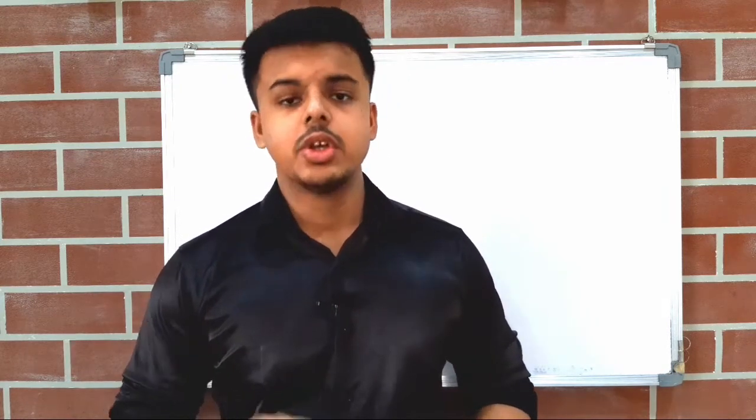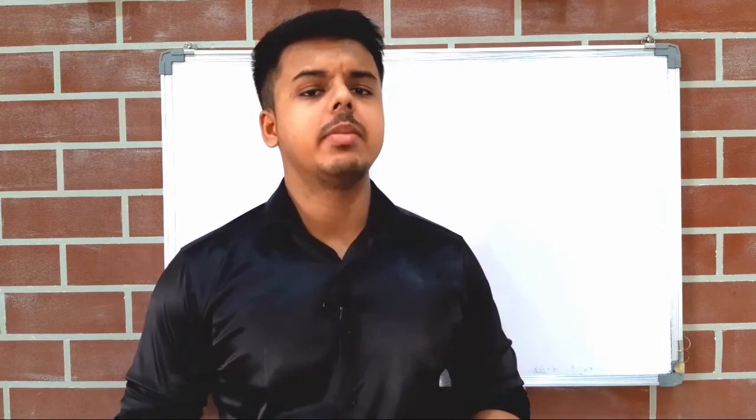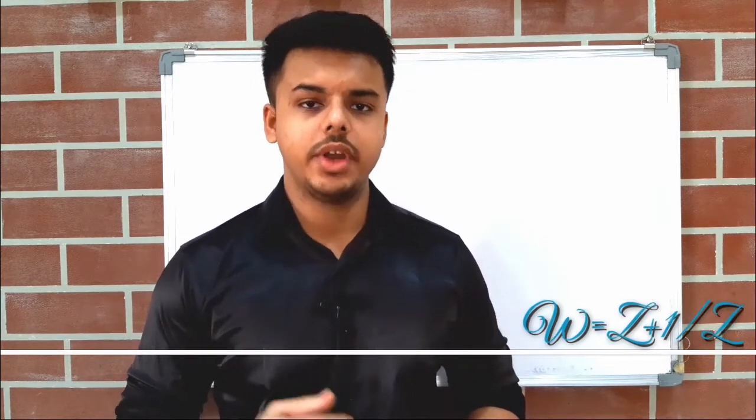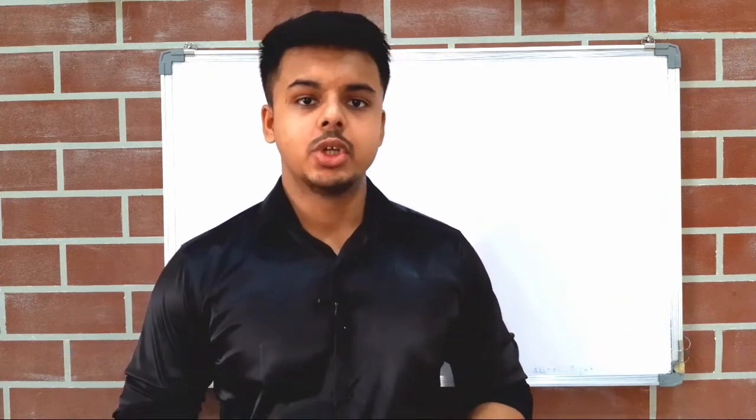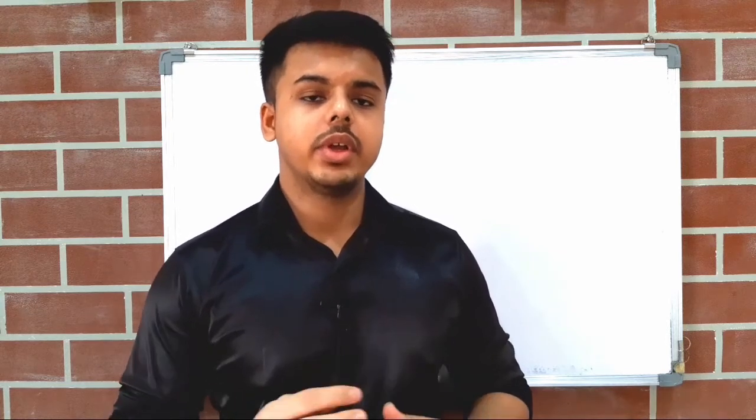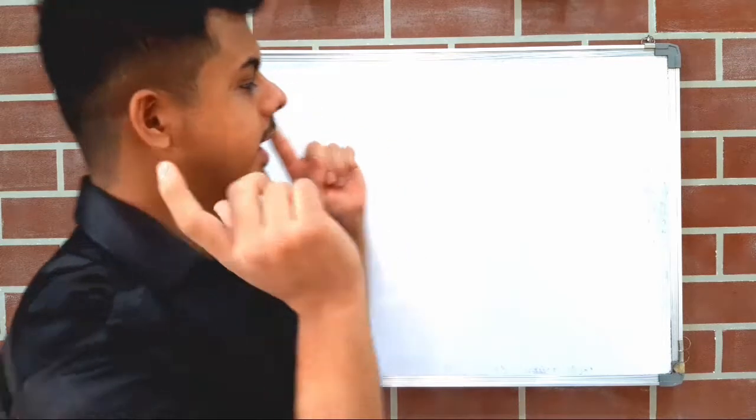In the previous video we had started to discuss spatial transformation and we had learned the first type, that is W equals Z square transformation. In today's video we will discuss the second type, that is W equals Z plus 1 upon Z transformation, and we will solve the sums related to that transformation. But before that we will solve the sums of the previous lecture so we can revise that lecture and move very smoothly in this lecture. Okay, so without any further delay, let's get started.